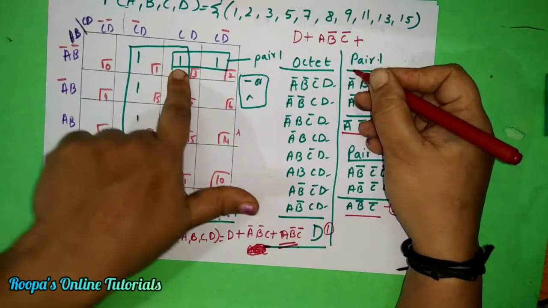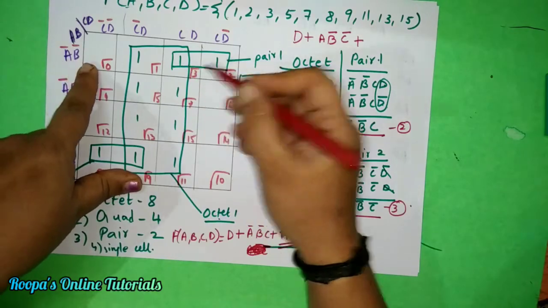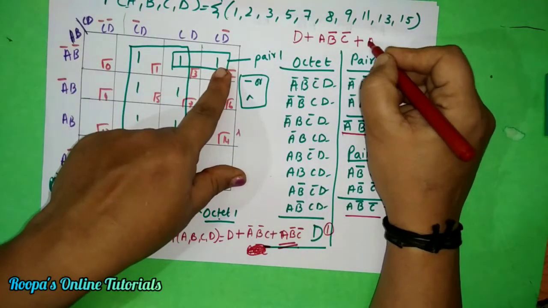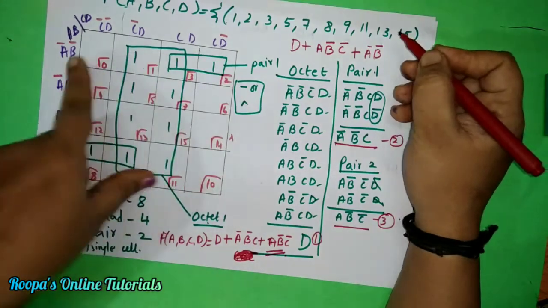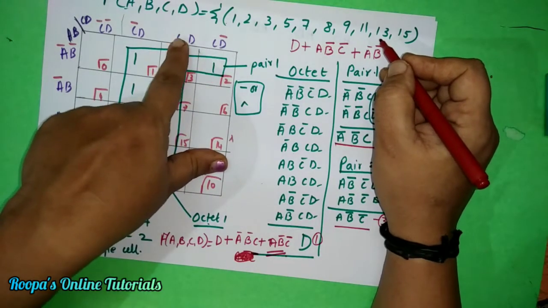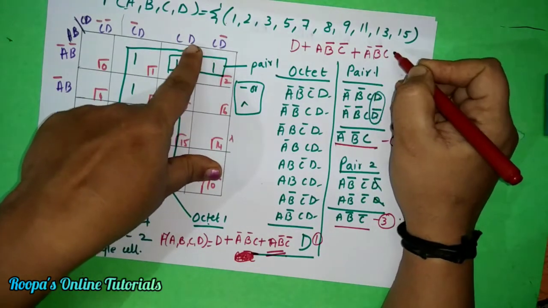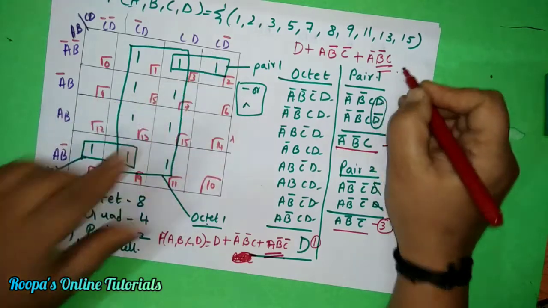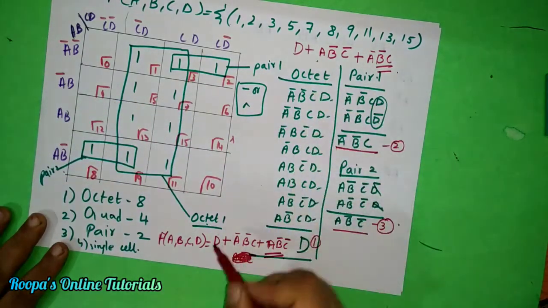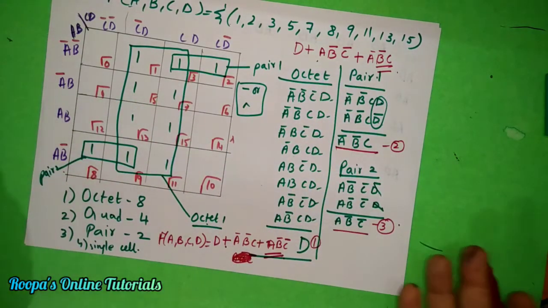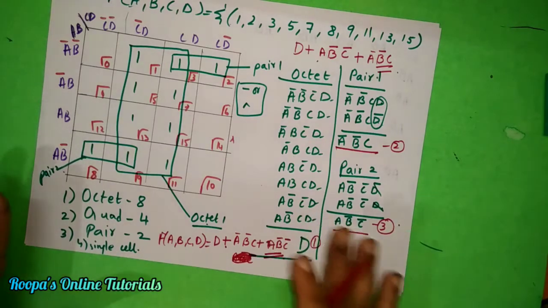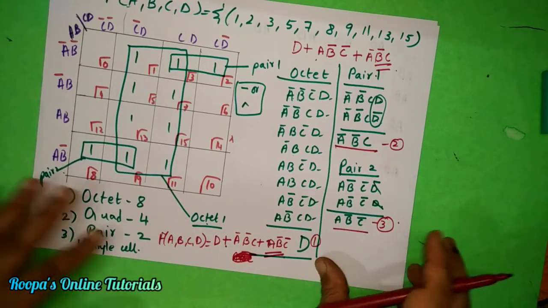And now here if you see, you have A complement, B complement. This is one row. So you will write as it is A complement, B complement. And here C is same for this cell and this cell, but D has become D complement. So can you see that this answer and this answer is matching? Then you know your K-map is correct. You get 5 marks. Yes, please remember this.